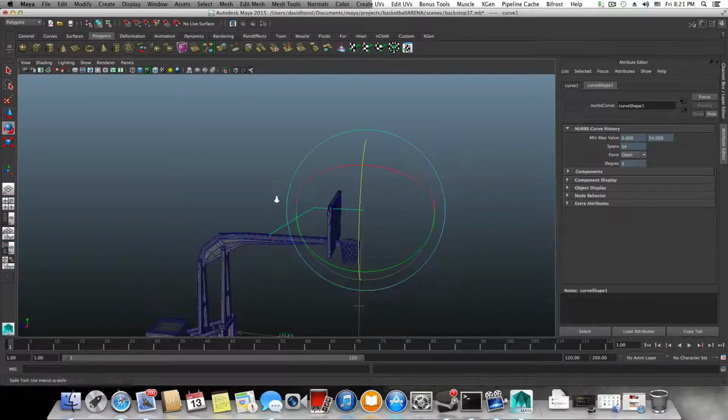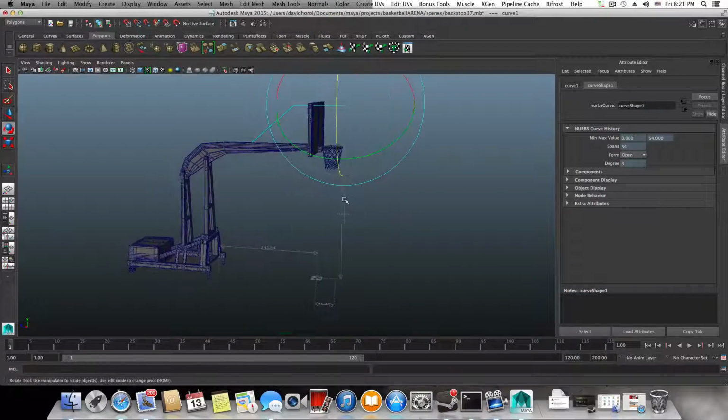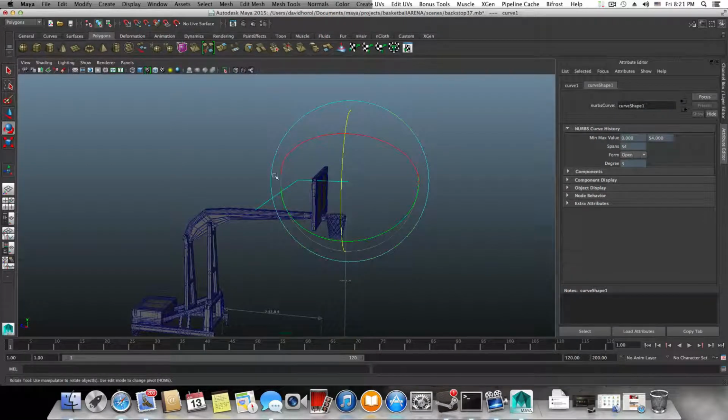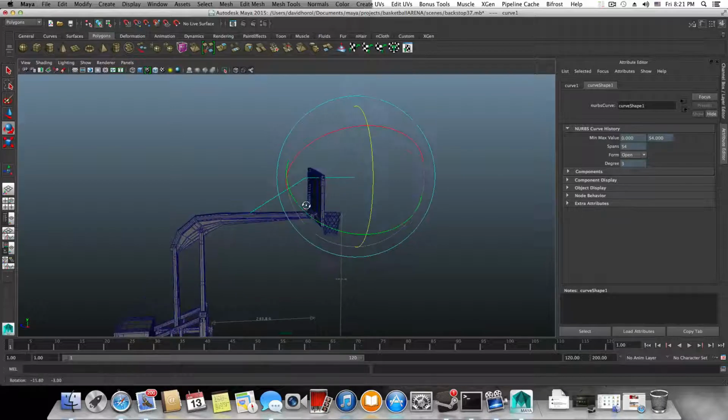Okay, and what we are gonna do next is, you see, while I'm selecting this and the attribute editor is open, the curve shape is showing me that the number of spans is 54. 54 is a little bit too much. We need something like 20, okay? And therefore, what we will do in order to change this,